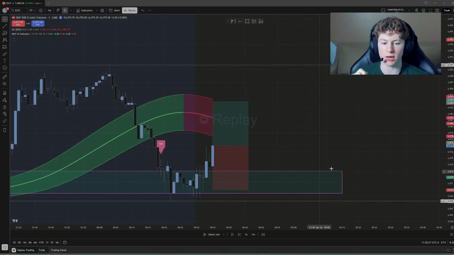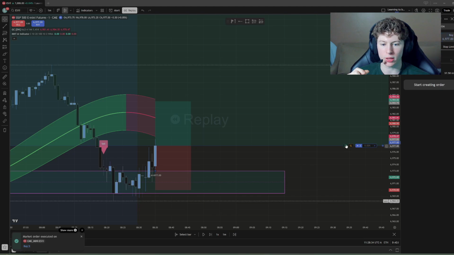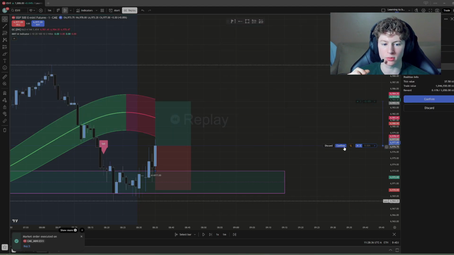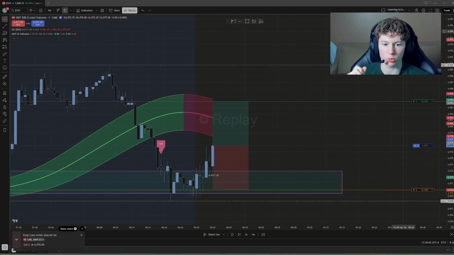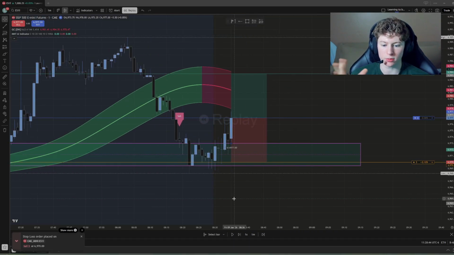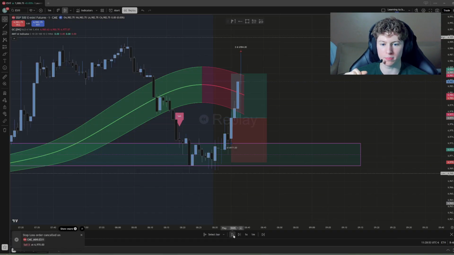All right, so let's see how this plays out. What I'm going to go do is we're going to place a trade. We're going to press buy. After that, we're setting our TP right here. Boom. Setting our stop loss right here. Boom. And we're going to wait and watch how this plays out. All right. Boom, hit it.